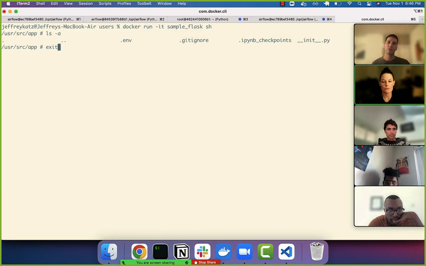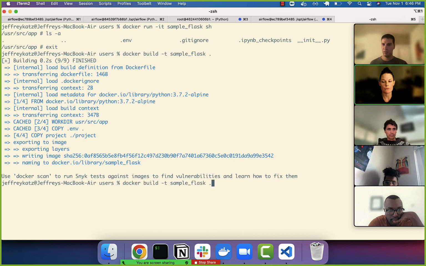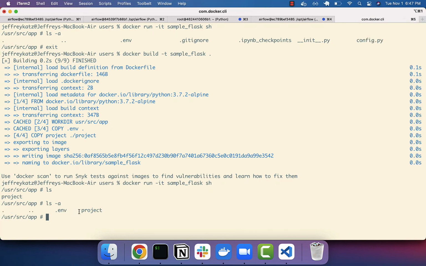This is why I like to do this: build it and then explore. So let's exit out of here and rebuild it. Okay, now let's re-explore. Now if you look, we have the .env file here, and it looks like we did